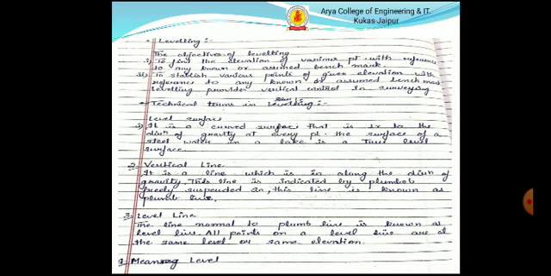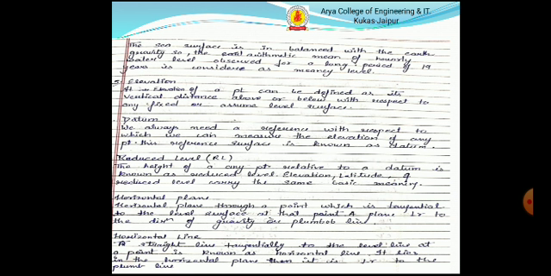Level line. The line normal to the plumb bob line is known as the level line. All points on a level line are at the same level or same elevation. Mean sea level. The sea surface is in balance with the earth's gravity, so the arithmetic mean of the sea water level observed over a long period of 19 years is considered as mean sea level.